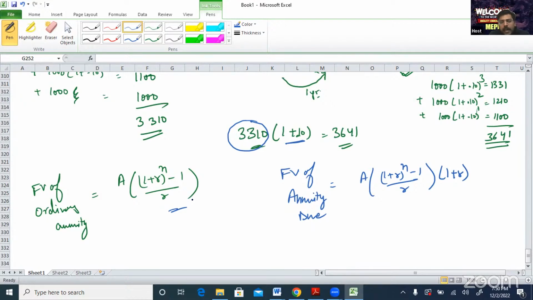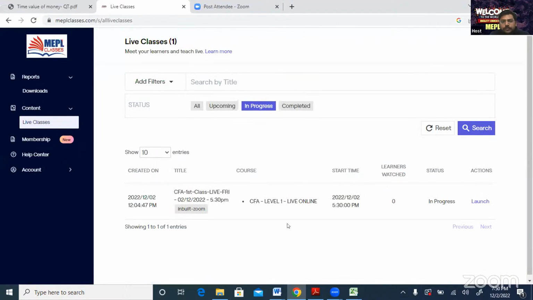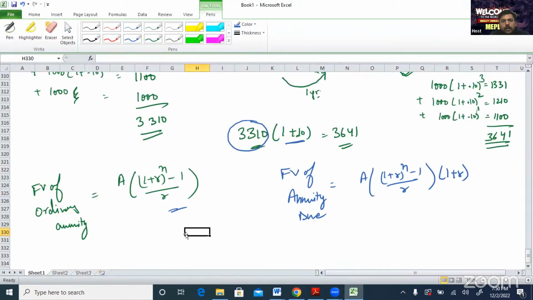Now I will use the same N, I/Y, PV. This PMT is actually for annuity amount. What is my N here in this scenario? My N is 3. Then I/Y, what is the rate of interest? 10% is the rate of interest. So I press 10 and then I put I/Y.